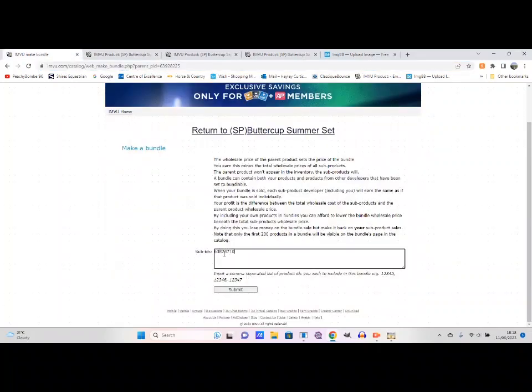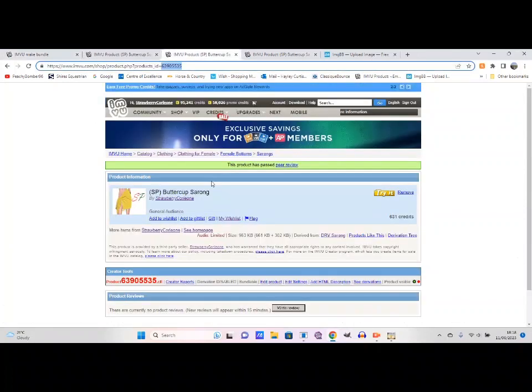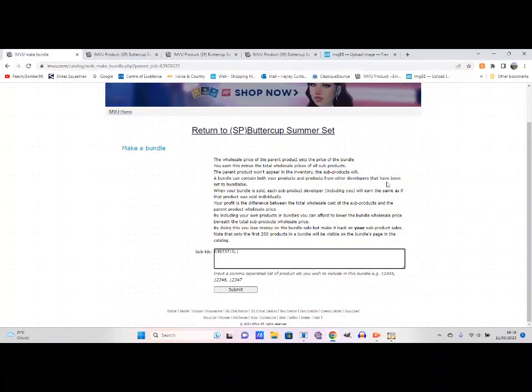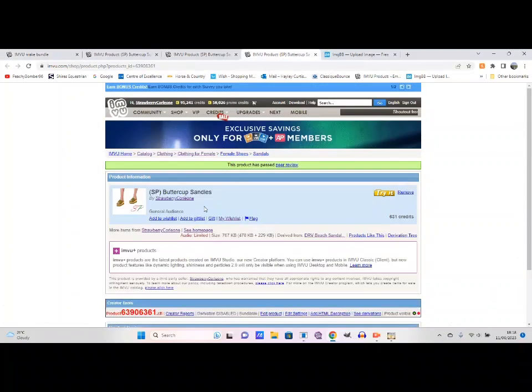So that's just the numbers at the end. You scroll down, you paste it, put your comma in, put a space, and then post your next one. This is 3 items, so I'm doing 3 links or 3 product numbers. Then once you've done all 3,